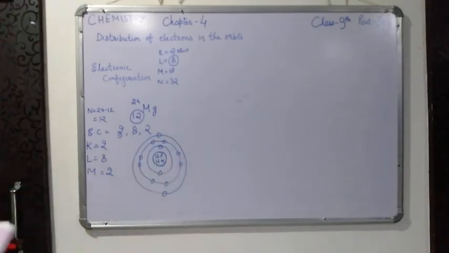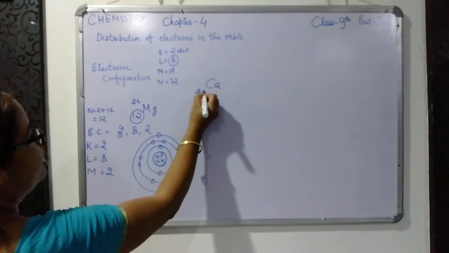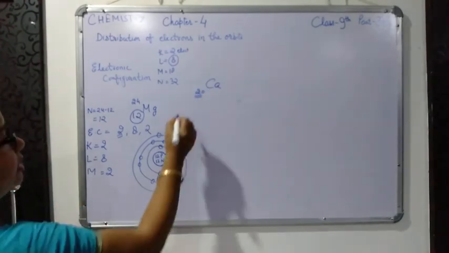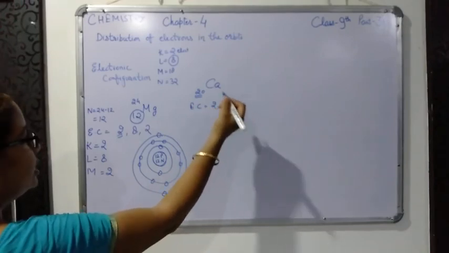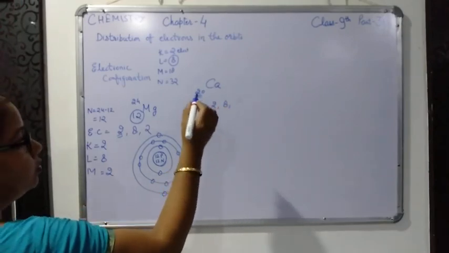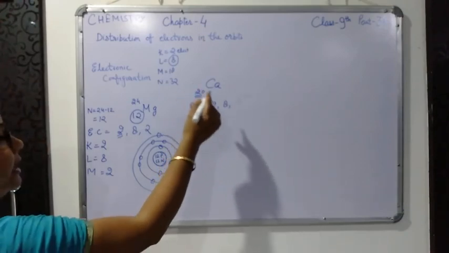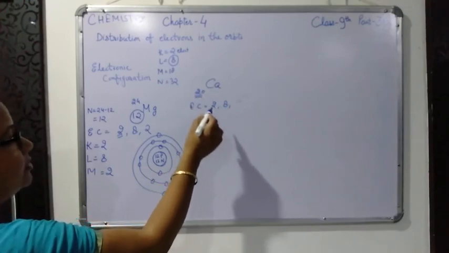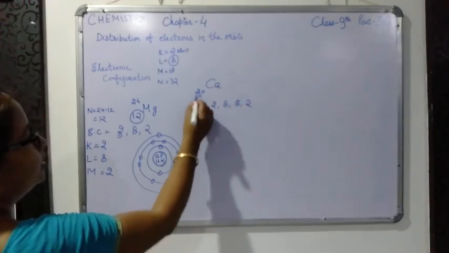Now since I told you that the outermost shell of an atom cannot accommodate more than 8 electrons, even if it has the capacity to accommodate more electrons, take the example of calcium, atomic number 20. If you make the electronic configuration, it will be 2, 8. After that you can write 18 also, but you are not allowed to write 18 because I told you that elements become stable only after getting 8 electrons. So your electronic configuration will be 8 and 2. That will be 20.